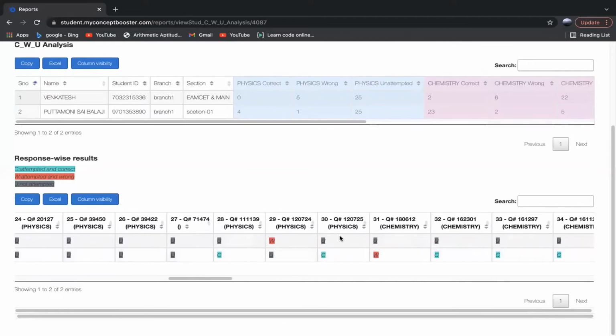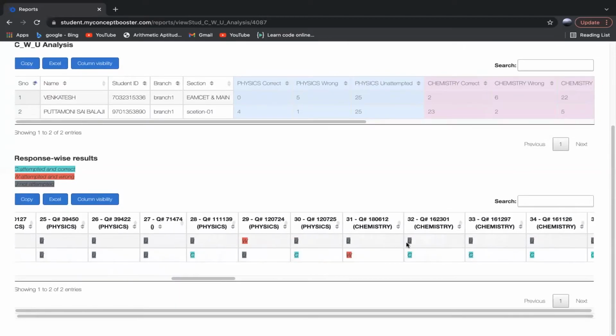So till 30, it's physics. From 31, it will give you another subject. It's chemistry here. You are unattempted the 31st chemistry question, and your topper got wrong for this. And the 32nd question, you are unattempted and your topper got correct. So it goes on